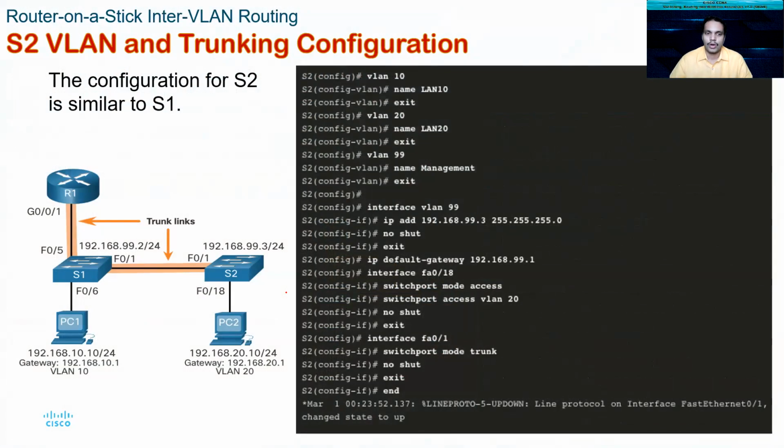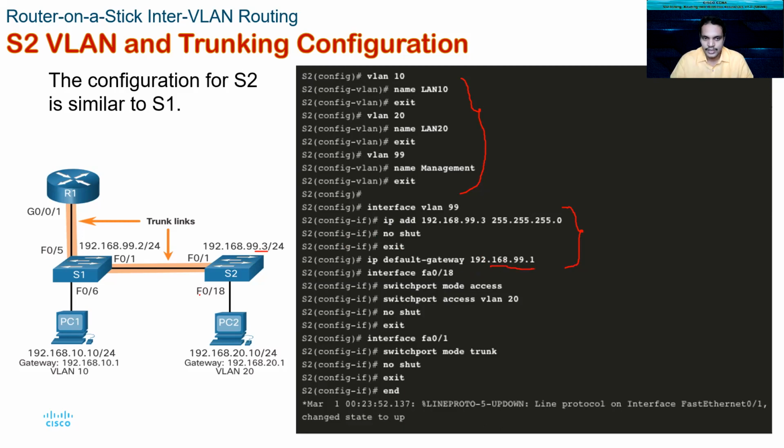Now let's check out S2, it's a similar thing. On S2, once again, you create these VLANs. This is the part where you create all the VLANs and name the VLANs. And these are the steps where you do the SVI configuration. There you go, this is the address of the SVI for S2. I assigned that. The default gateway once again, because I'm talking about VLAN 99, will be the same address of G0/0/1.99 given as the IP default gateway.